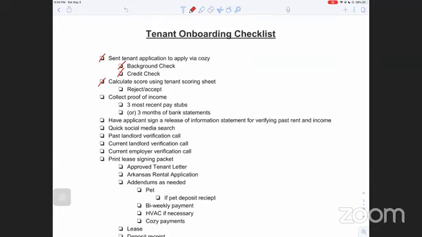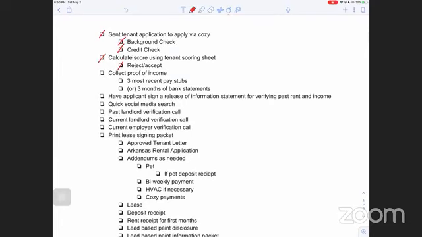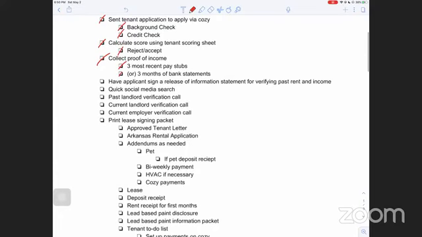It gives them a rating between like 0 and 12, and there's some that automatically get accepted no matter what, and then some that need additional things. Yeah, so it's just another system we use, a scoring system. So you reject or accept, and if it's due to credit, we'll have to send them a little notice or a little letter. But collecting proof of income is next, because now they've made it past that. We'll have two options: 3 months of bank statements or 3 recent pay stubs. Those are